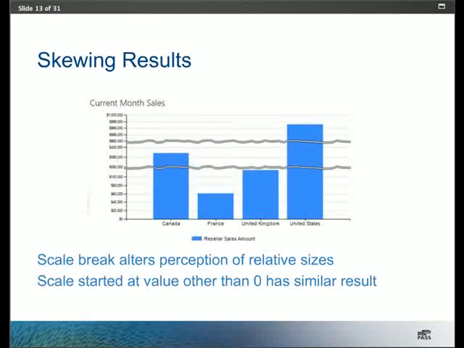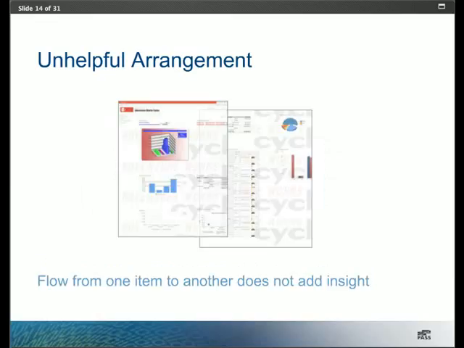Now, another problem is if you choose to place items on the dashboard page incorrectly, that can also be bad design. So notwithstanding the problem with having to scroll to see everything, let's assume that we could fit all these items on the same page with some creative design. You need to factor in how the viewer's eye is going to flow from one item to another. And depending how you arrange items, you can actually disrupt the perception process. So, for example, if you want the user to compare things, you might put them in a sequence top-down rather than requiring the eye to travel from left to right.